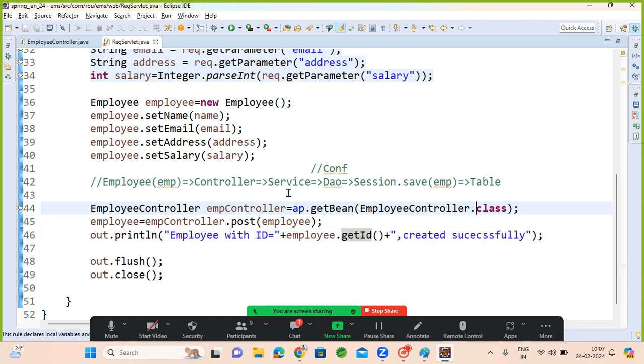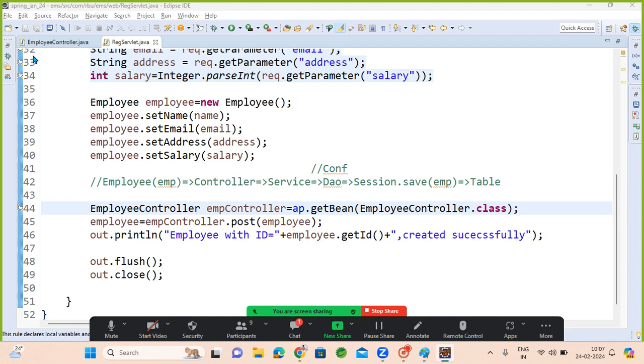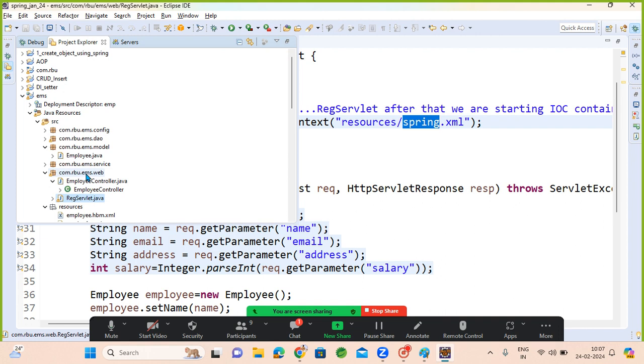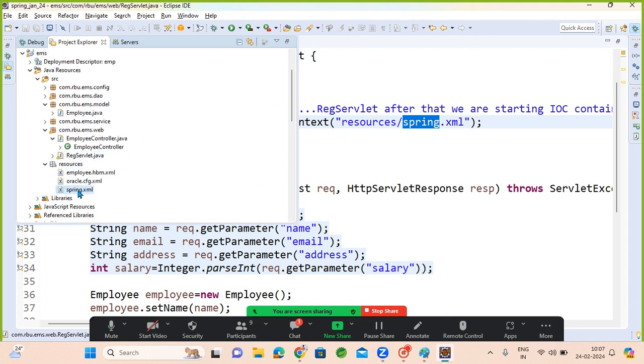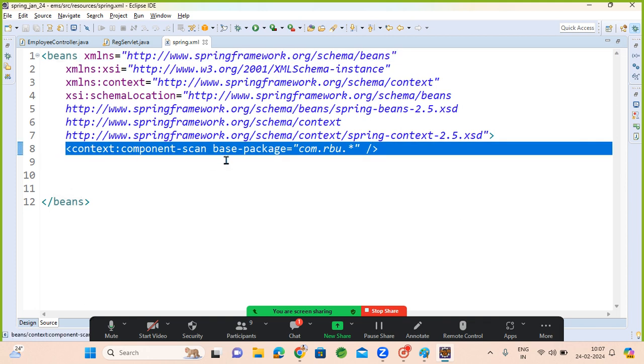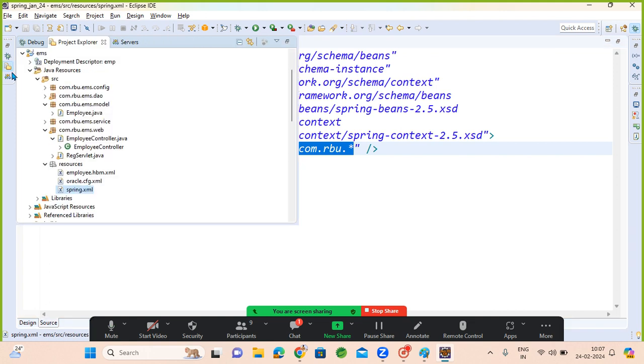So far the code is done, right? And this Spring XML file, we are loading the Spring XML file here. I had not added it before, but now I created it while you were offline. So the Spring XML file is also added here, calling context component scan with base package name com.rbu.start. And one more thing,